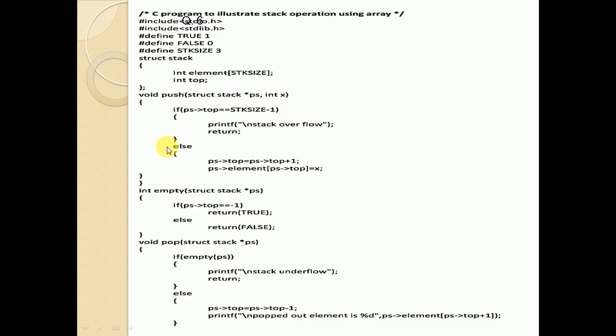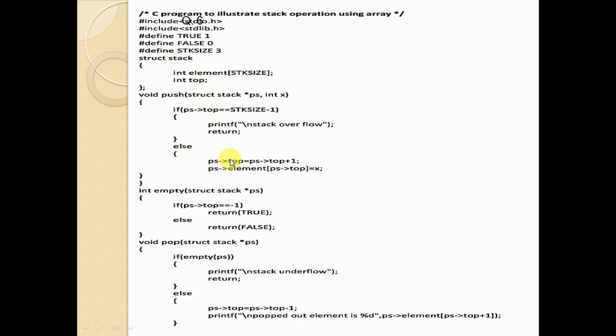In this function we check the condition: if ps of top is equal to stack size minus 1, it means the stack size has been reached, and you are trying to insert more than the third element, the fourth element, then it will print the stack overflow condition.